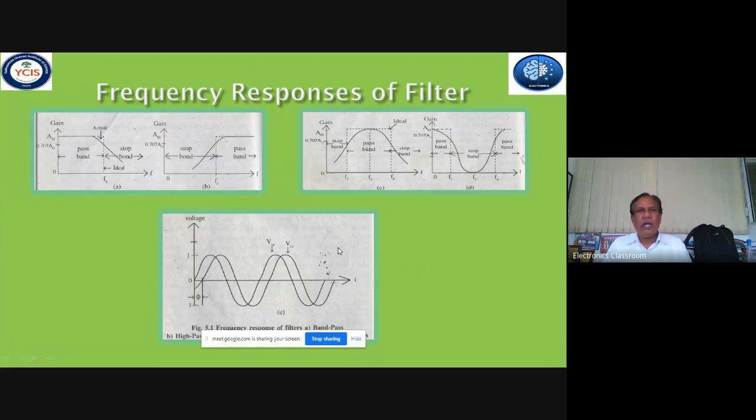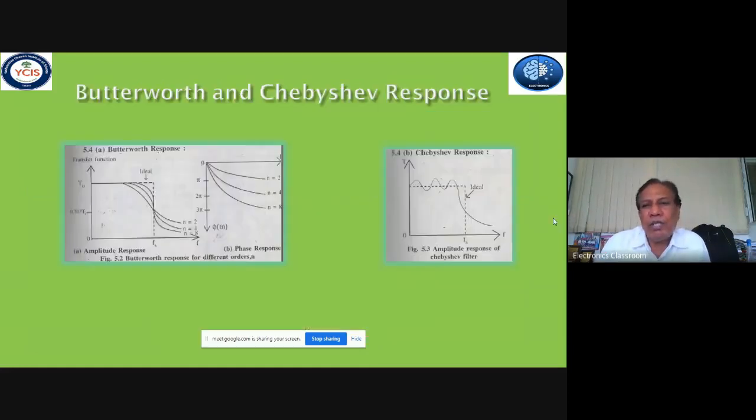filter, band stop filter, all pass filter, and we have studied all the types of these filters with respect to their response, that is ideal response, practical response, pass band, stop band, and the concept or working mechanism of all these types of low pass, high pass and band pass filters. So now we are going to move to the next type of filter, that is nothing but the Butterworth and